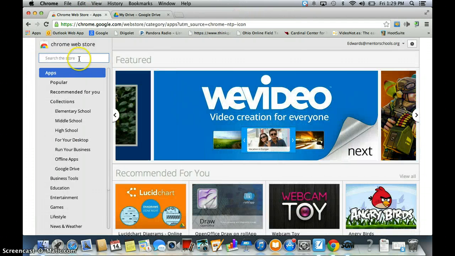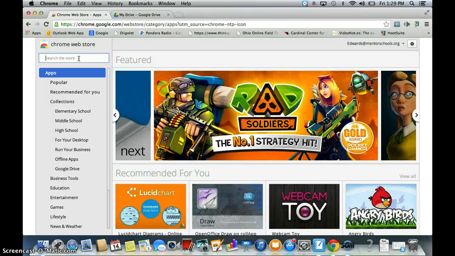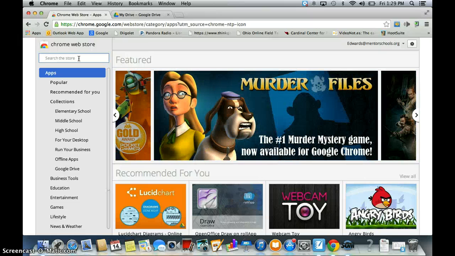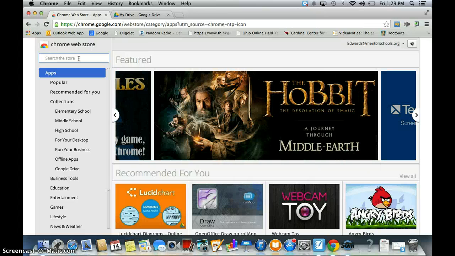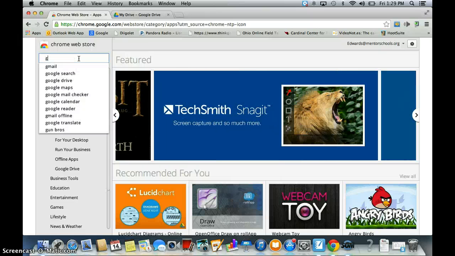So if we go back to that window, one of the ones that I want to show you specifically today is a URL shortener and a QR code producer. I know a lot of people, the push is towards using technology and letting kids use devices. Well, this is a very helpful, useful way that you could get your kids involved in using their personal devices in school. So if we just type in